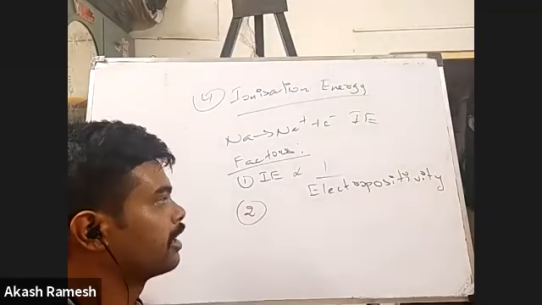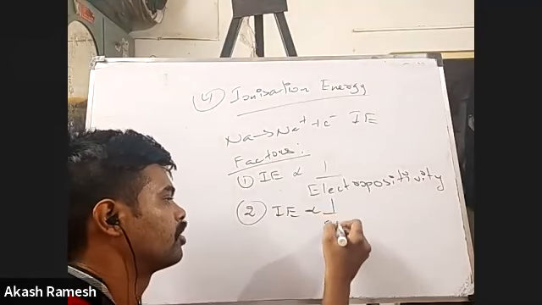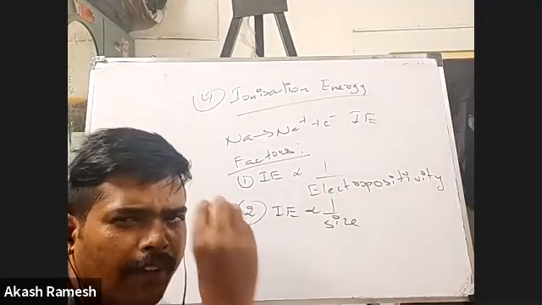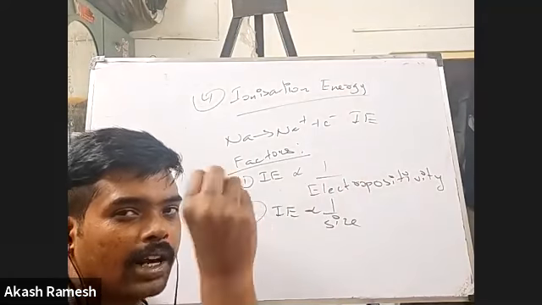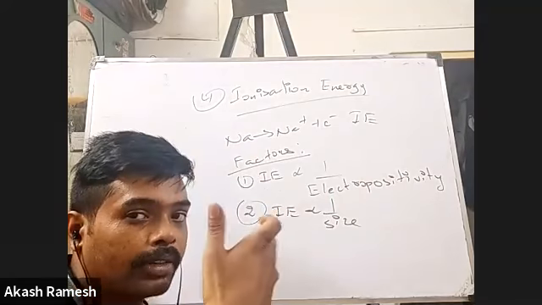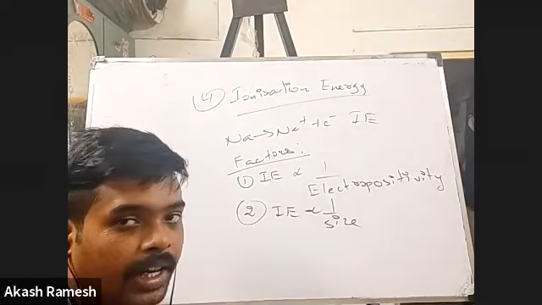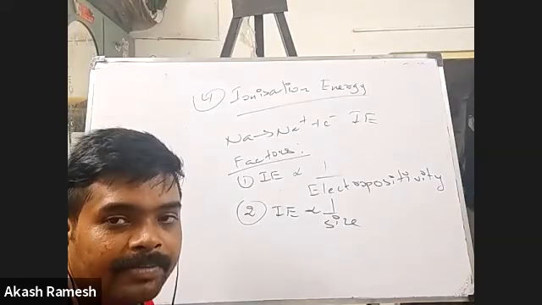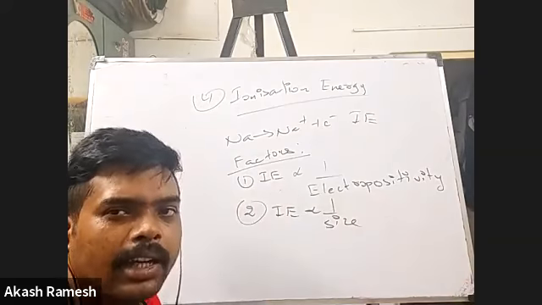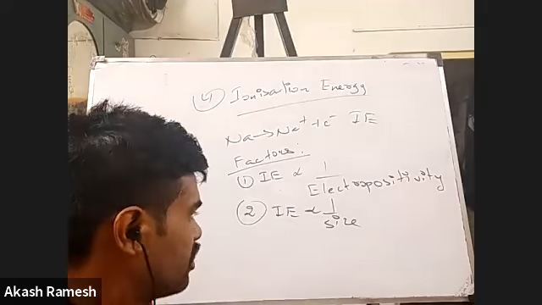The next factor which is going to affect my ionization enthalpy is obviously inversely related to the size. Is it not? We already gave this analogy for electropositivity. If I have a very small atom, the valence electron and the nucleus will have a very strong force of attraction, isn't it? So there, if you have to remove the electron, you have to supply a lot of energy for that electron to come out, right? But if I have a very big atom, there the nuclear force of attraction between the electron and the nucleus is very less, right? So I have to supply only little energy for the electron to come out. So that's about the size.